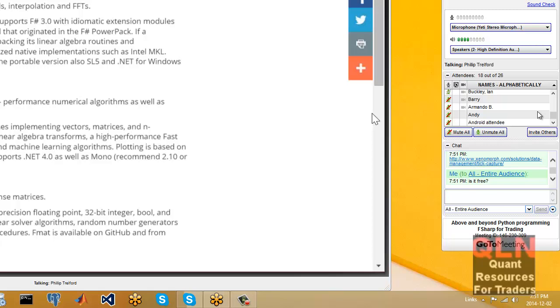Unfortunately, the connectivity to Xenomorph isn't the usual thing with data. It always costs money in financial markets. But I hope that they might be able to do some sort of deal for you to get started. The type provider is pretty awesome if you already have that connectivity.